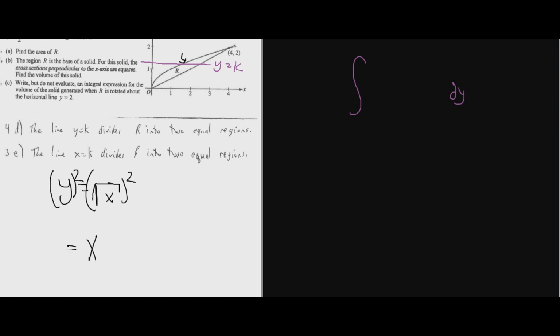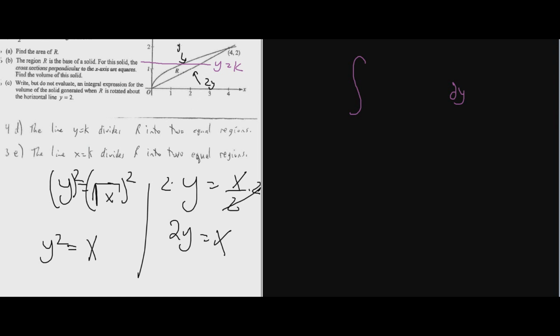We get x is equal to y squared. And let's do it for the bottom curve. We have y equals x divided by 2, multiply 2 to both sides. We get 2y is equal to x. So there it is. Now we know the right curve is 2y, and the left curve is y squared. So let's do it over here, from 0 to k, right curve minus left curve, because it's with respect to y, so it will be 2y minus y squared, dy is equal to k to, well,